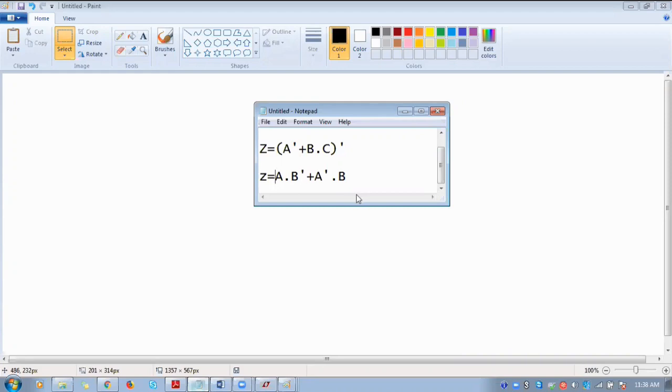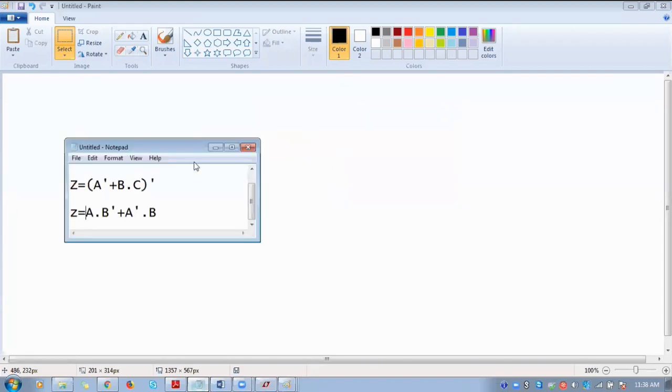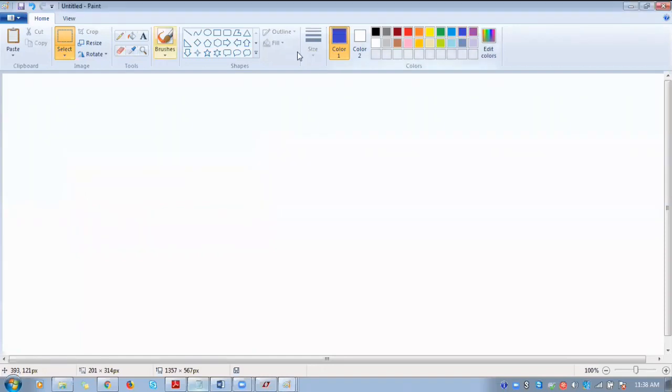This is a normal logic. So I will go with the normal logic design. But while designing the stick diagram, I will be getting the output for A dot B bar plus A bar B, the whole bar. So in order to get the normal XOR gate, I have to again draw an inverter stick diagram at the output.